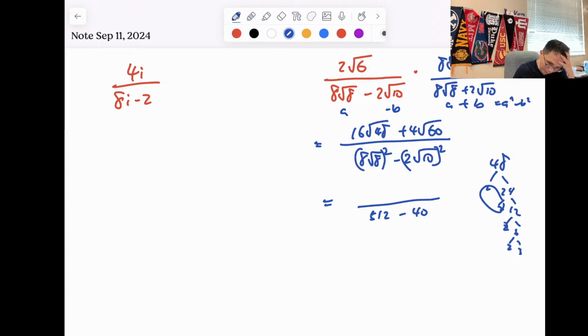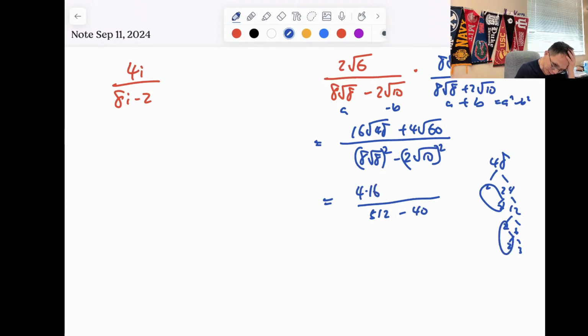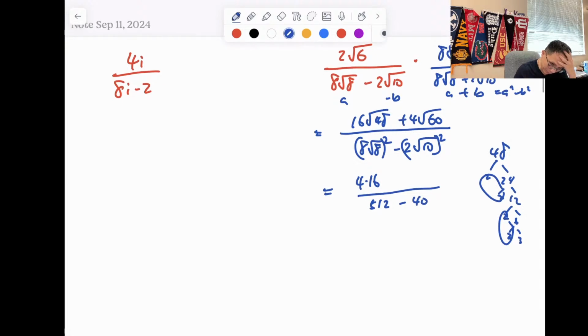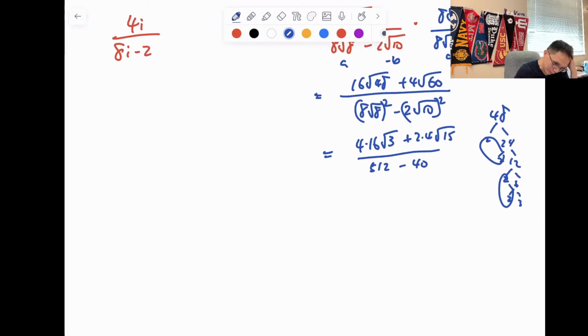So you can take out 4 times 16, I think, and root 3, minus, I can take out 2, so it'll be 2 times 4, plus, okay, so 2 plus 4, that's 15, I think. So it'll be 64 root 3 plus 8 root 15 over